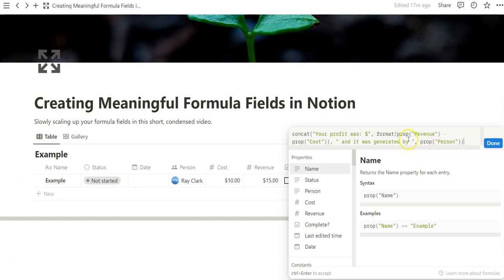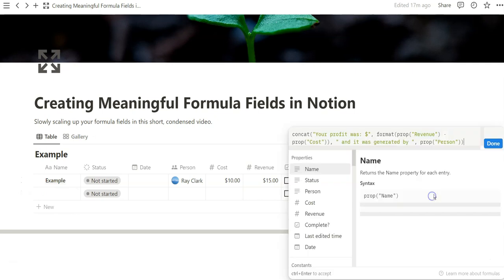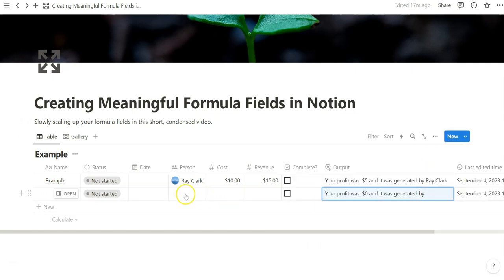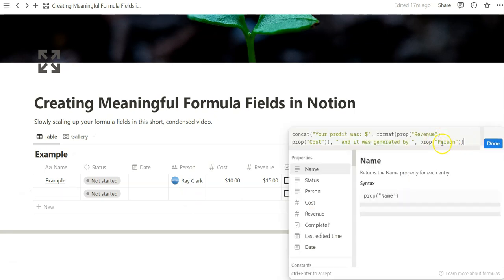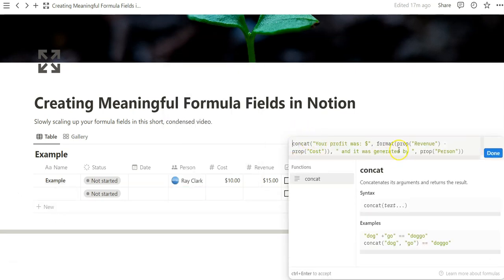What's important here is when there isn't a person, it still looks like that, right? And because there's nothing in the person property, it looks empty. I think what's going to be important here is if the person property is empty, let's not show anything. So first, let's say if the person property is empty, let's not show an output. And the reason why I'm doing it this way is because we're slowly building onto this very basic formula that we started with, revenue minus cost. And in this example, we're going to add an if function